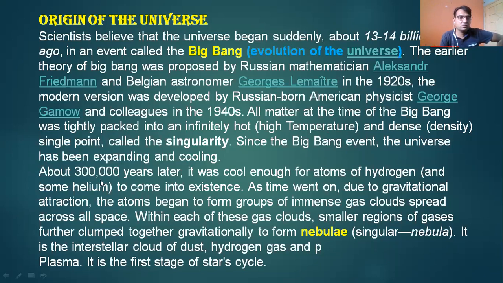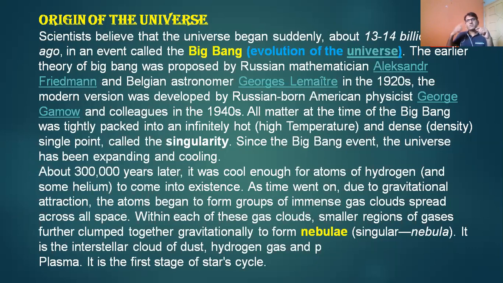About 3 lakh years later, it was cool enough for atoms of hydrogen and some helium to come into being. As time went on, due to gravitational attraction, the atoms began to form groups of immense gas clouds spread across all the space. So slowly and gradually, we have two gases, hydrogen and helium, and all the gases start to make clouds and